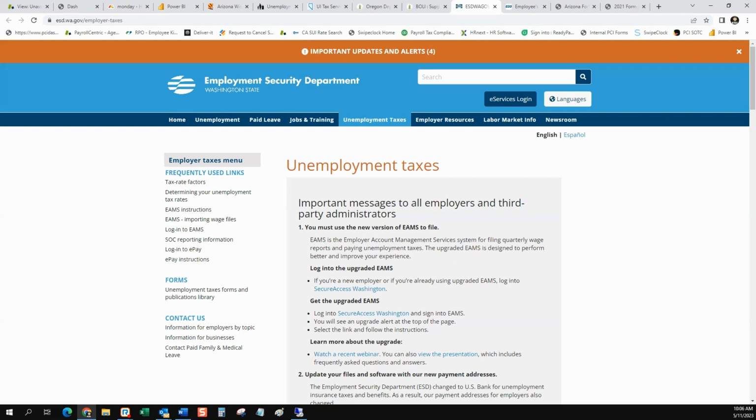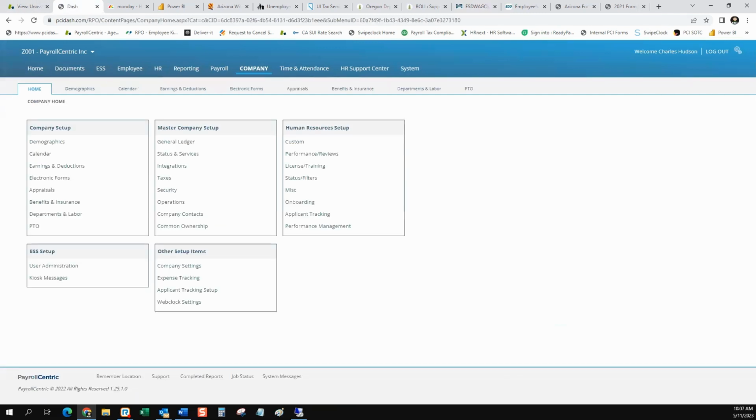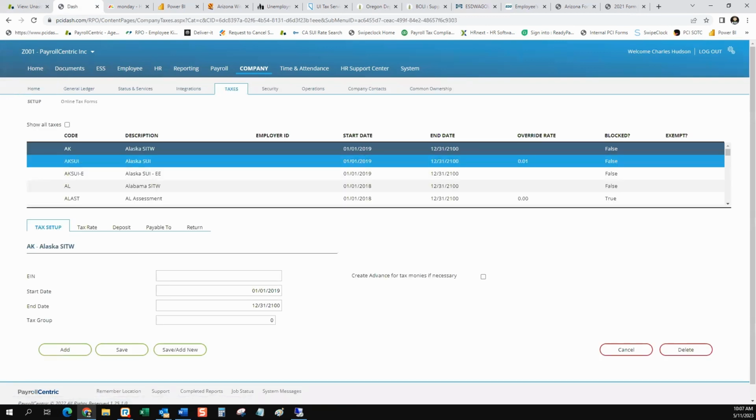You let us know. We can send you the links. You register, right? And then we add the state to the company. And so I'll show you real quick where we do that. Under the company level, we would go to the taxes. And so we add the taxes that are